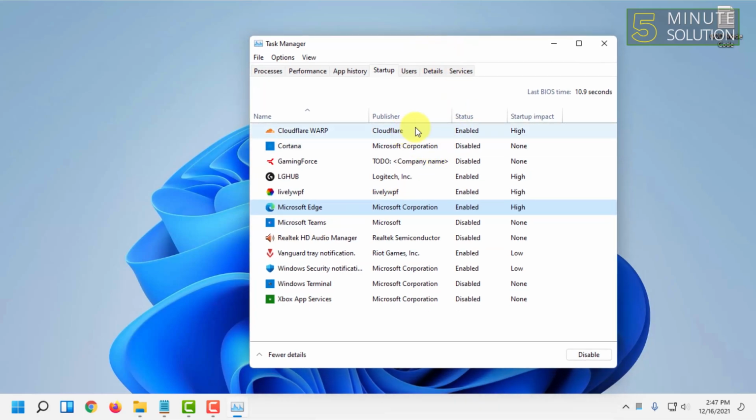consuming your resources. For example, I'm gonna turn this off and I'm gonna turn this off as well, disable it. So after, you have to disable all the unnecessary apps. Like you can see, I have already disabled most of the unnecessary apps. So after